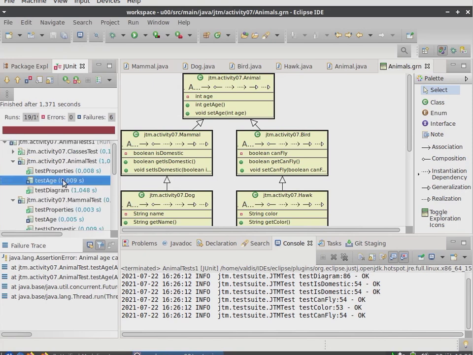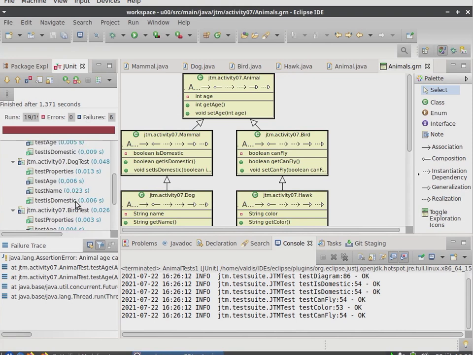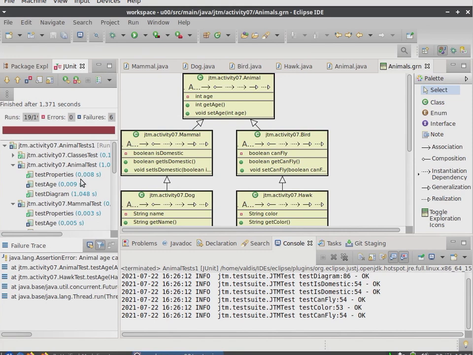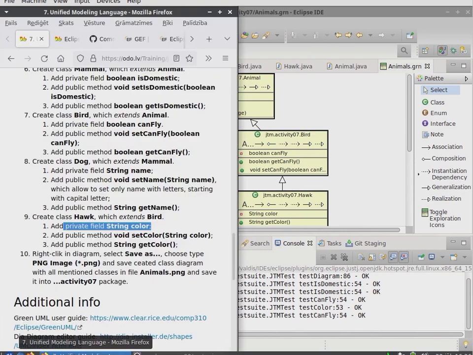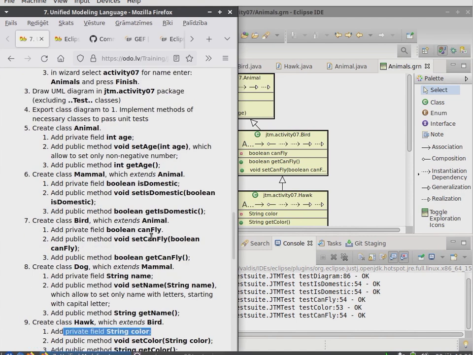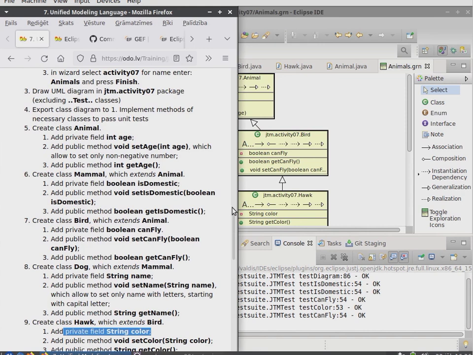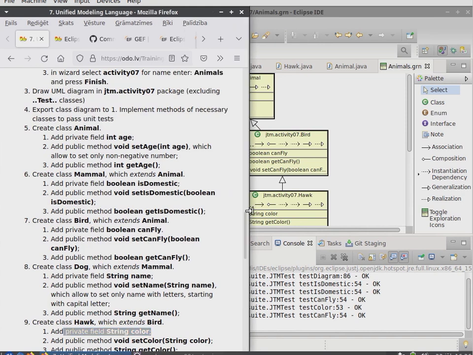And here some of the methods are failing, because the UML class diagram does not care about the body of the methods, but we care and our JUnit tests care. Here we see the reason why some fields should be private